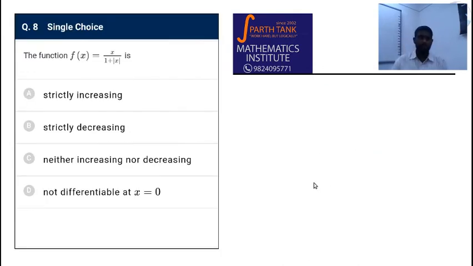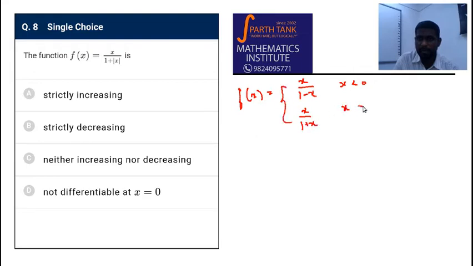Question number 8. f of x is x by 1 plus mod x: is it strictly increasing, strictly decreasing, neither increasing nor decreasing, not differentiable, etc.? Now it's a very simple question. Now increasing, decreasing, always investigate the derivatives. f of x is x by 1 minus x when x is less than 0, and x by 1 plus x when x is greater than 0, and has value 0,